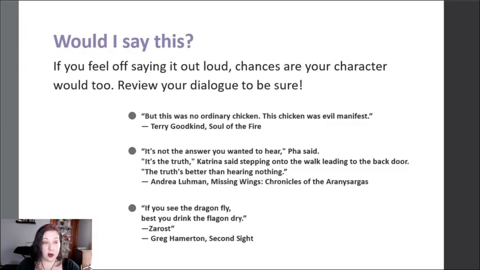Now, this one's so important. Would I say this? If you find yourself embarrassed to read this aloud to yourself, odds are you're writing about something you haven't written about before, or no one would ever actually say this with a straight face. Like, just not going to be a thing. This could be something where your character's more comfortable with things than you are. You got to take some of it in context, but this is really, really important to keep in mind